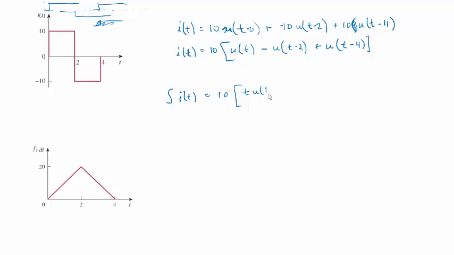Yeah, t u of t, we'll do it that way, minus, careful here, t minus 2, t minus 2, and then something that cancels it back out again, plus t minus 4 step at t plus 4,